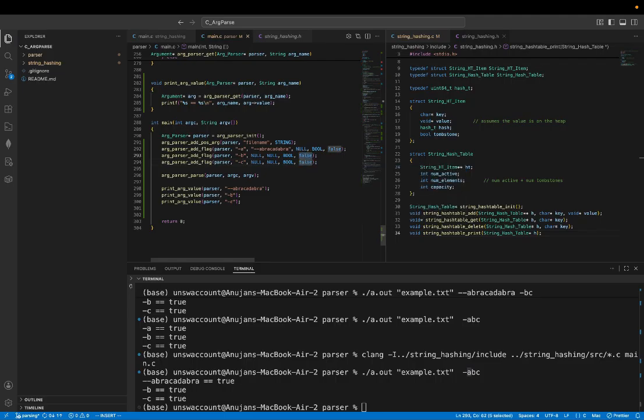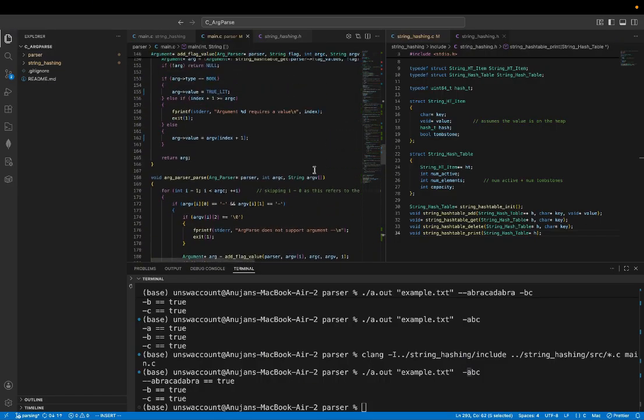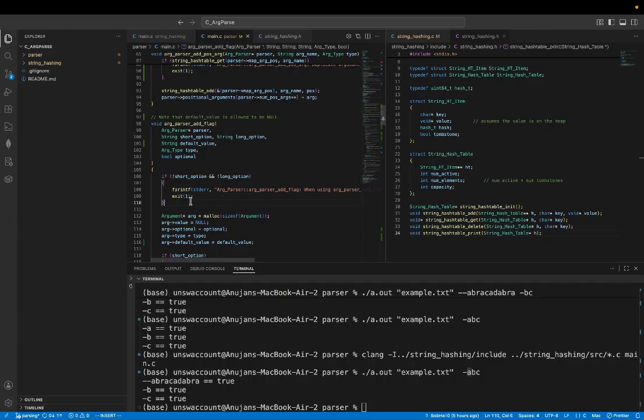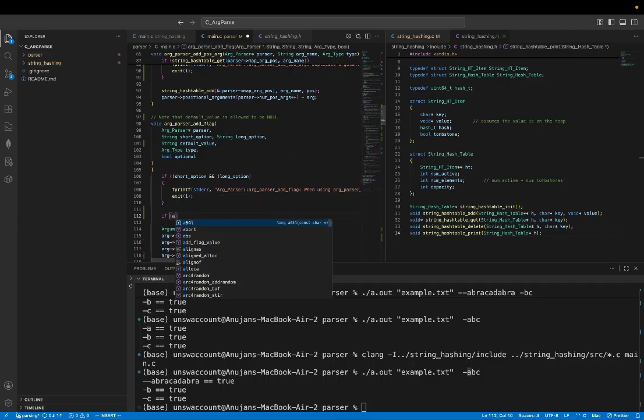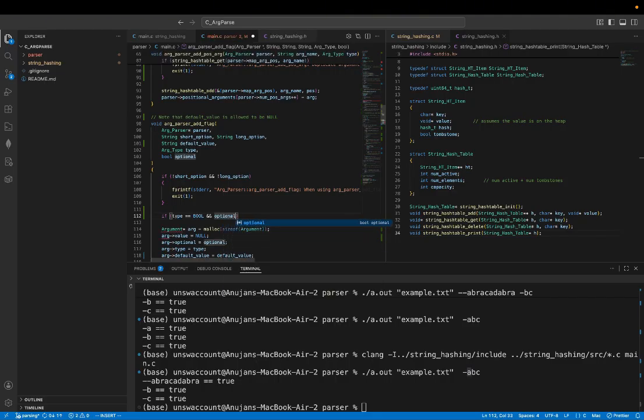For a Boolean flag specifically, if it's a Boolean flag, then why would you make it that it has to be there every time? That doesn't make sense. So maybe I'll give a little warning at the start for adding a flag argument. Add flag. If type is equal to Boolean and optional is equal to false and not optional,